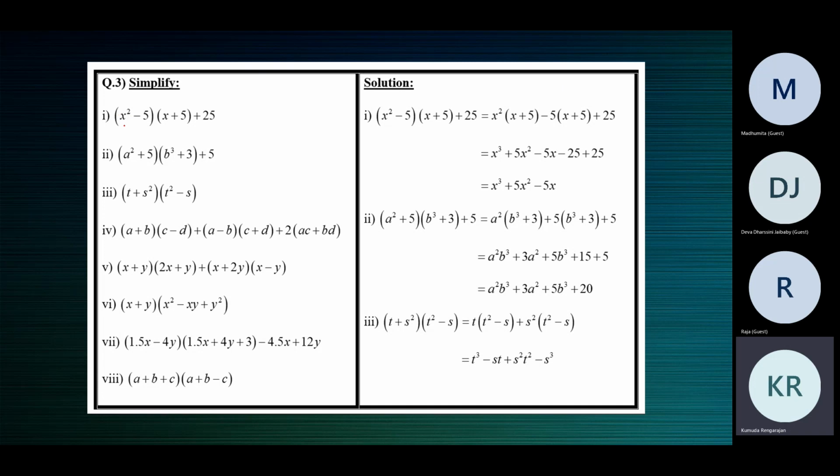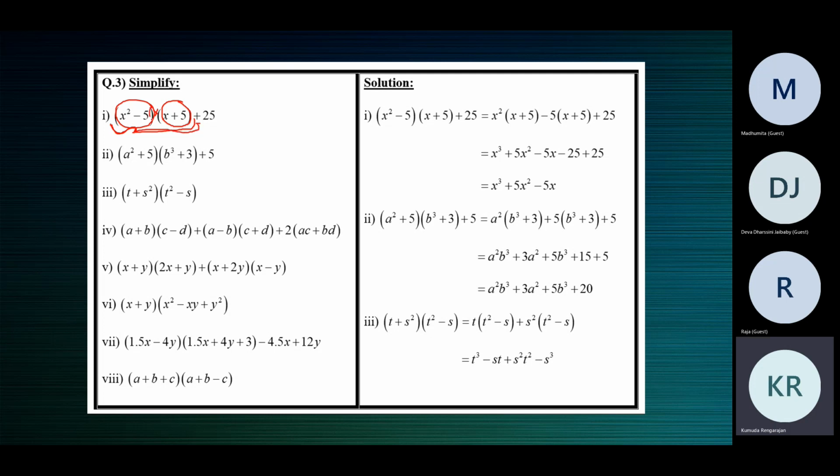Now what do you see here? In the first bracket, we have x squared minus 5. In the second bracket, x plus 5. What is the sign between them? Multiplication. There is no sign, that means multiply. Plus 25. That means you should multiply these two. This is a binomial, this one is also a binomial. Find the product of these two binomials.